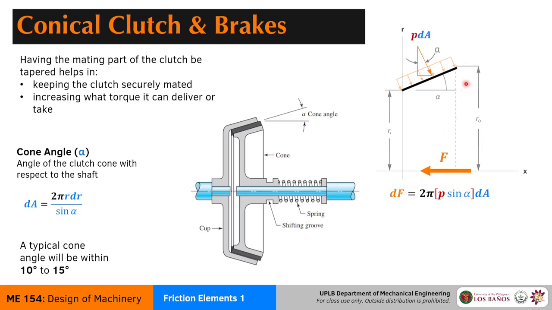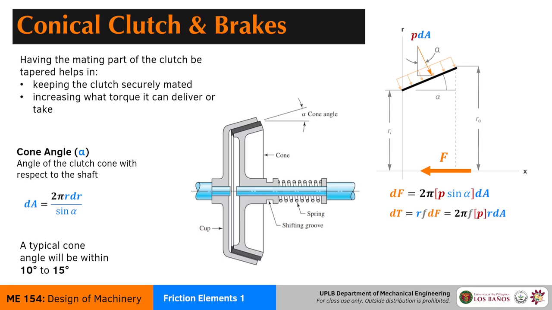Is this true for the torque? Not really. That is because the friction force that the brake lining feels is perpendicular to the normal force. And that normal force is countered by the entirety of the pressure. So the expression of the torque is unchanged. It's just that the area, the dA in our case, is changed.